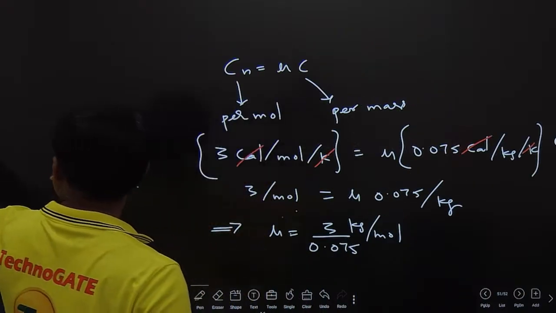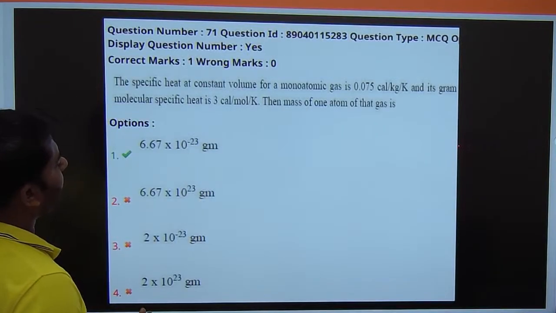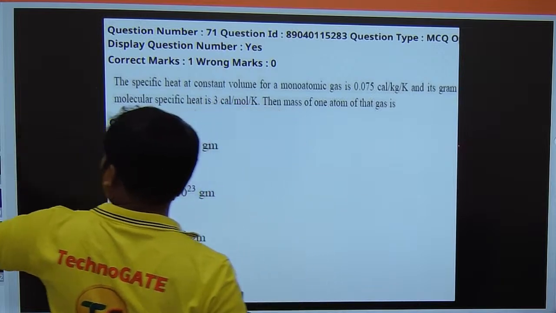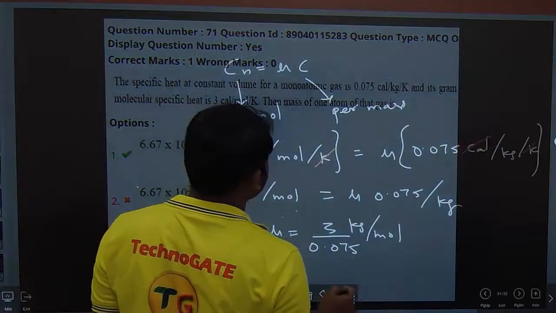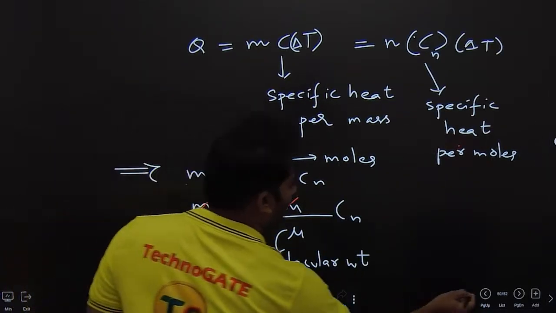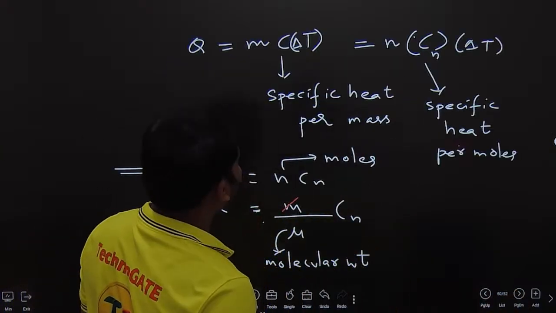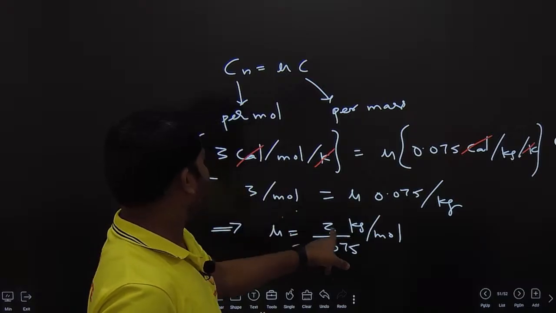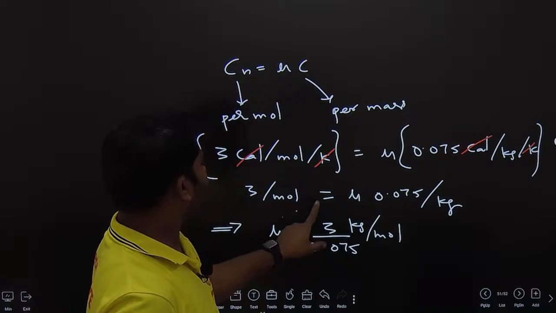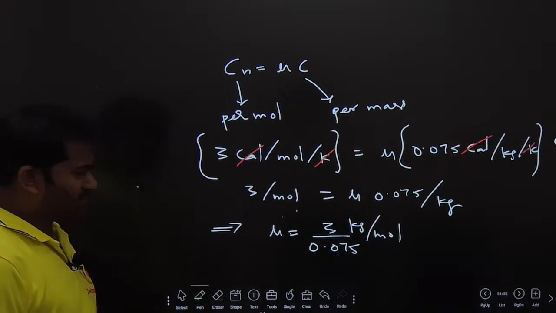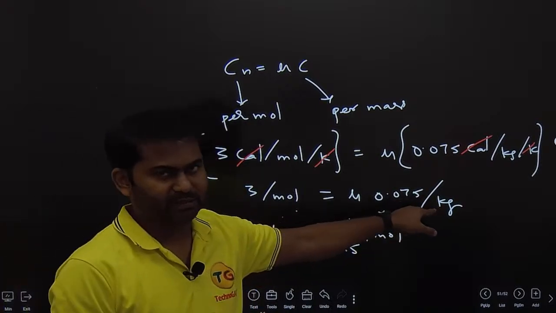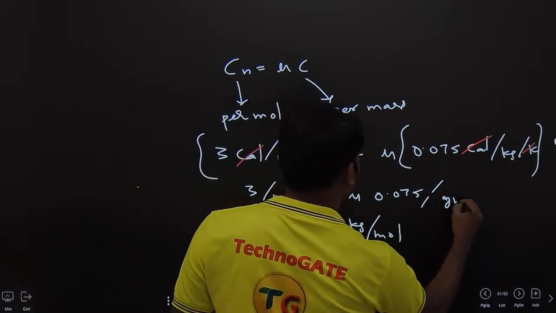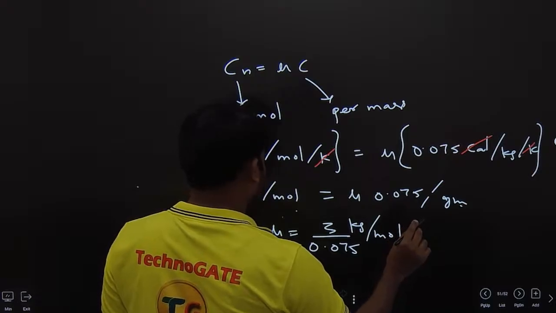Ideally speaking we need to convert. Why are they giving it like this, 0.075 calorie per kg? Actually it should not be kg, it should be grams. Okay, calorie per kg. Let me check it. Calorie per kg, that's okay. It becomes 3000 by 0.075. Okay, that's okay. Anyway, they have not taken it as grams. So if it were grams instead of kg, the answer would be the same. Suppose in the question they gave grams, then you will have it like this, this is kg.